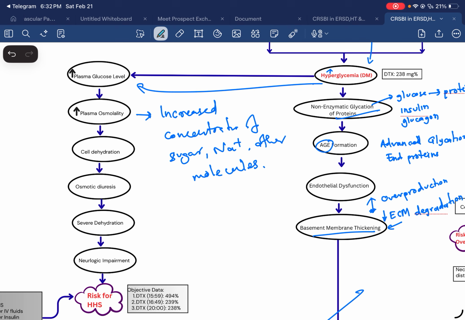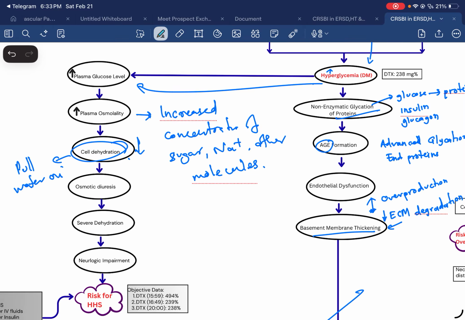And this high osmolality pulls water out of cells into the blood, and it leads to cell dehydration,